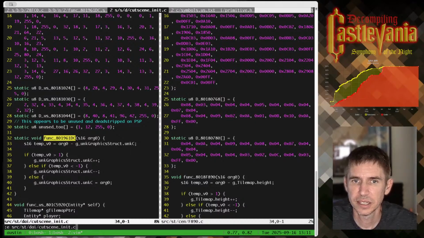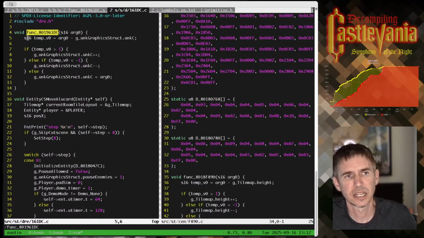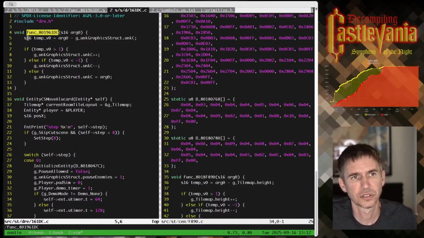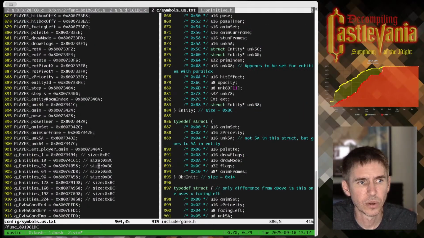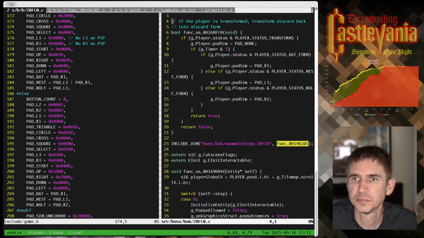And I think that the DRE version is unknown graphic struct too. So it's interesting that tile map is used for some and unknown graphic struct is used for others. What I think I'm going to do though is rename this file to cutscene init. I think that's a reasonable name.